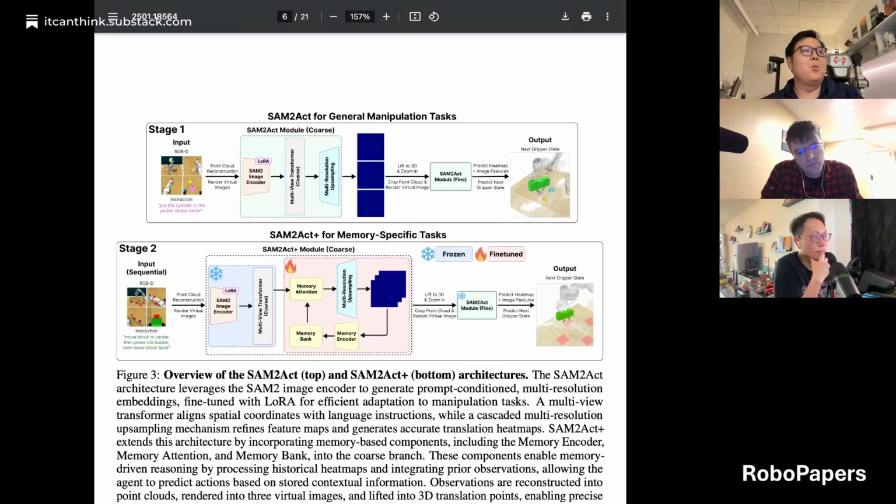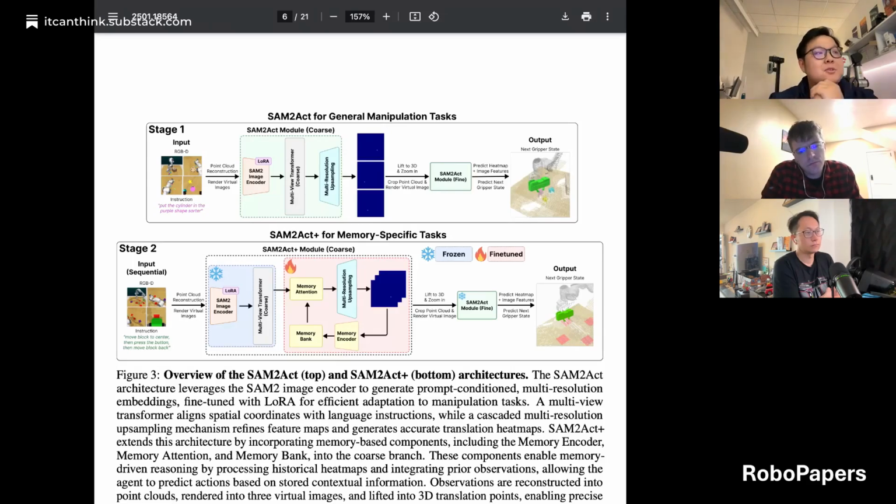And then we look into, okay, what do we want to add in? Because SAM2 has this memory mechanism, and this memory mechanism contains a memory encoder, memory bank, and memory attention. So we want to integrate that into this architecture. But you can't use any pre-trained one, because you can't use the pre-trained encoder, or even some of the pre-trained memory mechanism, because what SAM2 is trained on is totally different from what we are training on. They are training on memory of segmentation masks and all these things that they're tracking. But for us, we want to track points, which represent action. So that's inherently still different. So we are thinking, okay, if we can't do that, we have to fine-tune the whole 3 components,